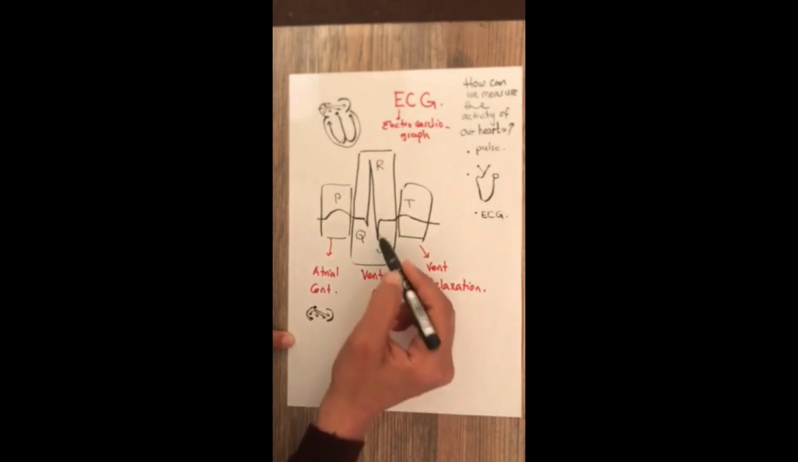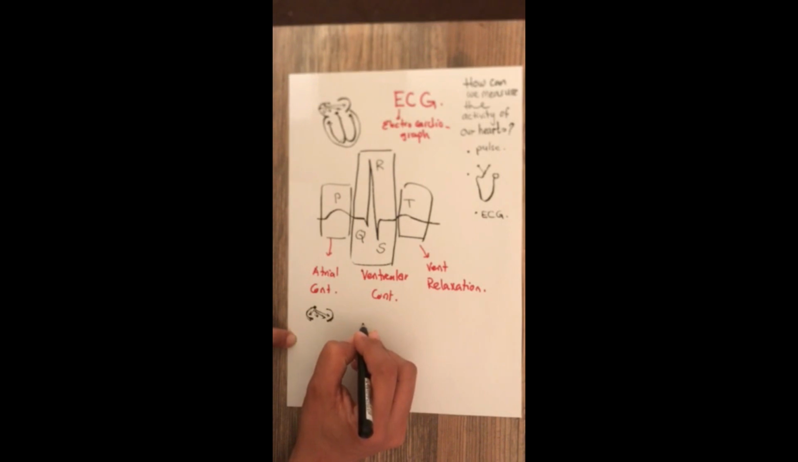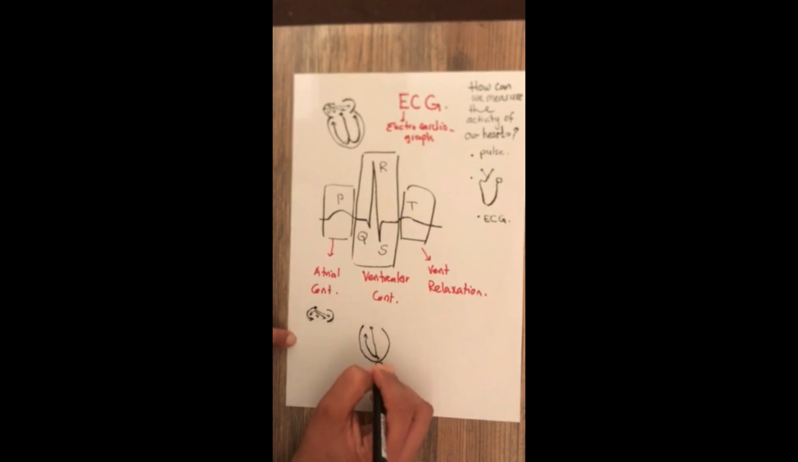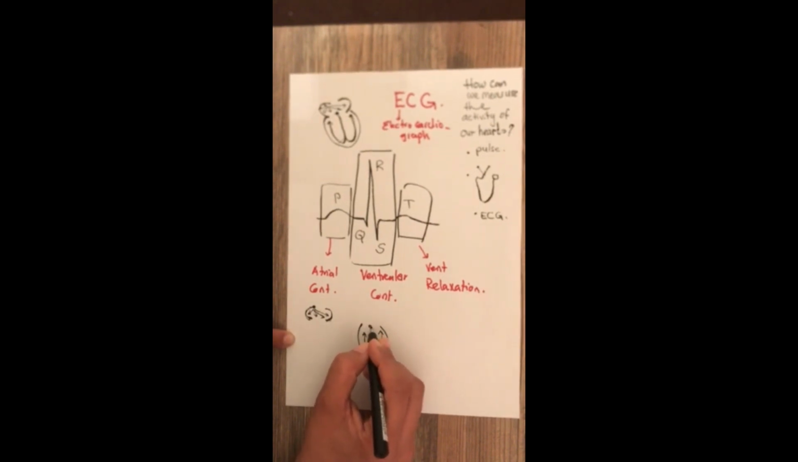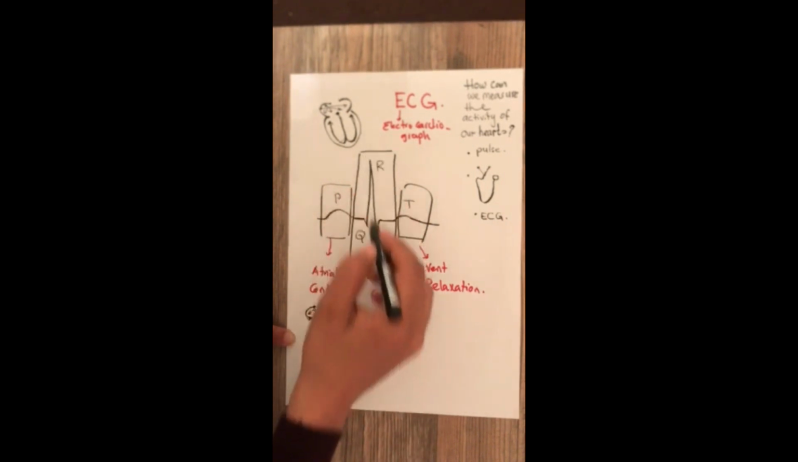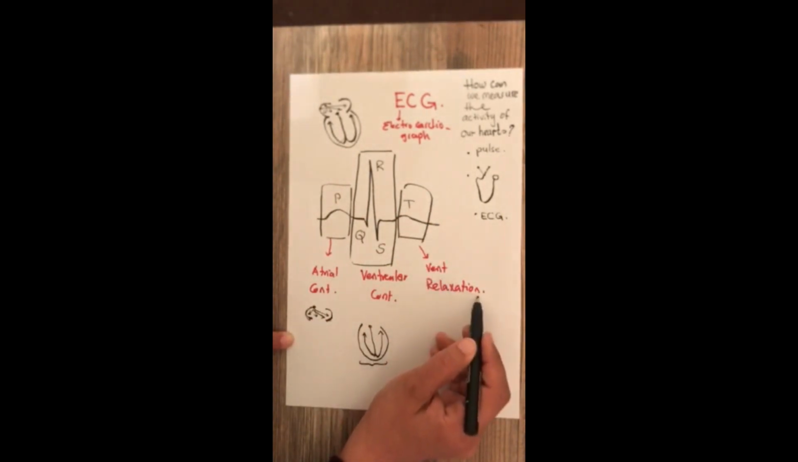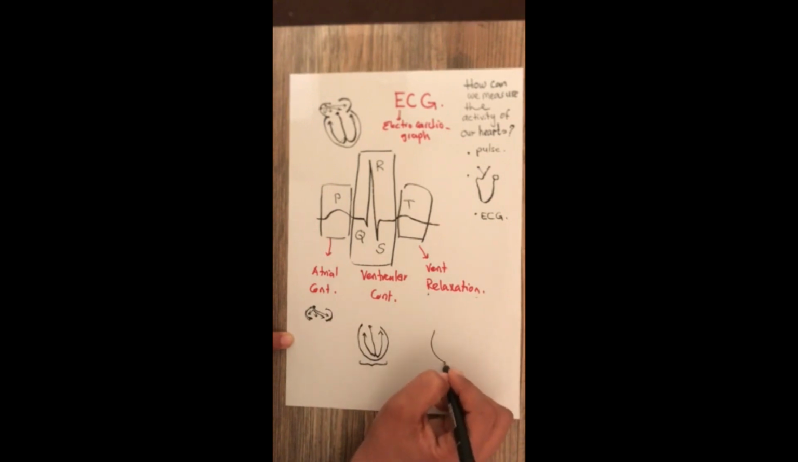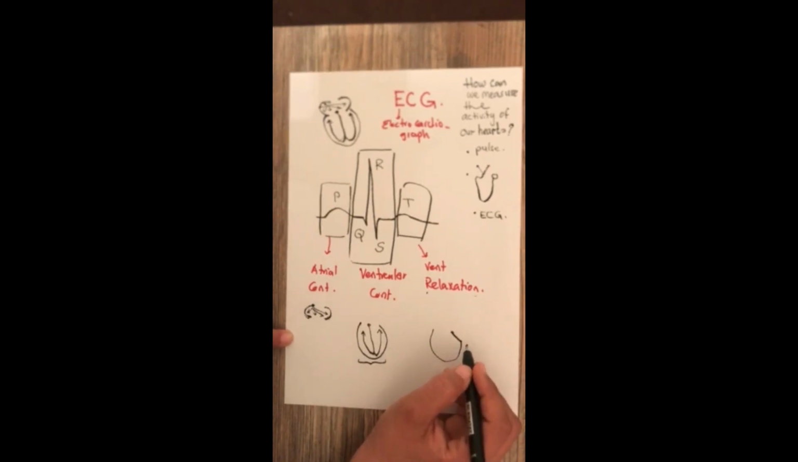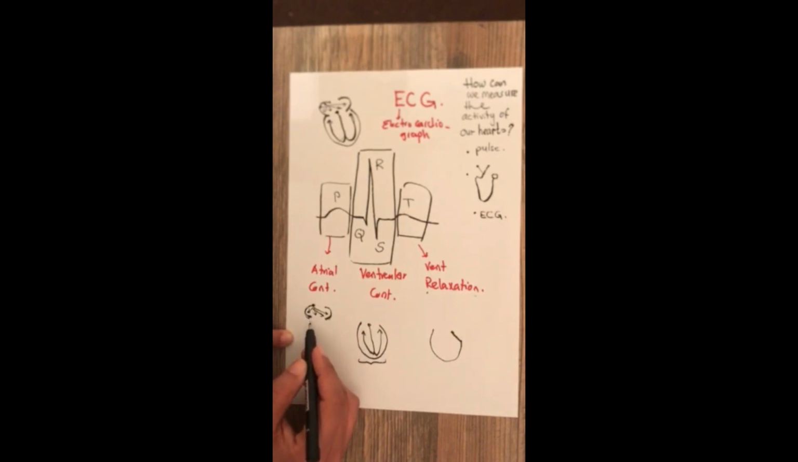How about QRS? QRS is the wave that represents ventricular contraction. When the electrical activity reaches this node, this part of the generator, and then reaches both ventricles at the same time, both ventricles contract at the same time, so the ventricles produce a wave called QRS. How about T? T is ventricular relaxation, when the ventricles relax. So you have atrial contraction, ventricular